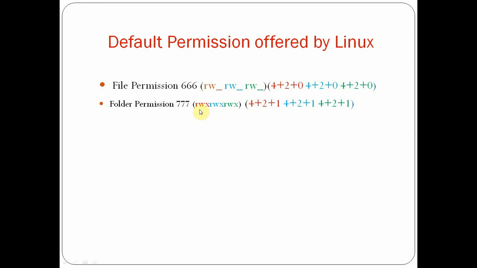In case of a folder, Linux by default will offer you read, write, execute permissions for user, group, and others. So these are the default permissions that Linux will offer you when you create a file. From these default permissions, whatever permissions are mentioned in your umask will get filtered. It is as simple as that. That is the use of umask. Every user will have his own preference setting in the umask. We will see how to give the umask value in the demo.